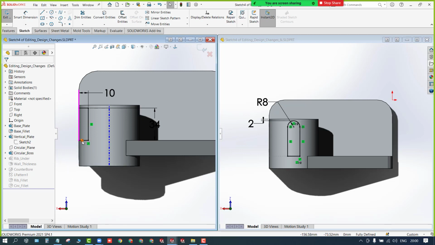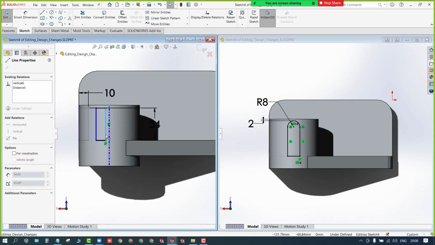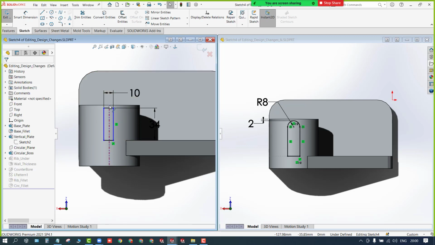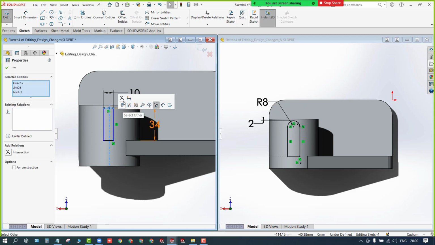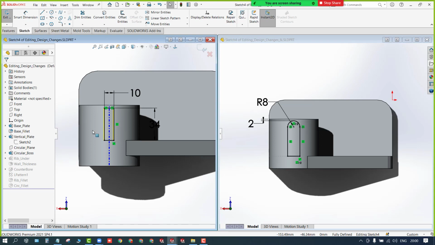See here, it is collinear. If I delete this one, I can move this one, right? Remember all these. And then I should align it exactly at the center. You can refer the center point of this. Otherwise, you can simply refer the midpoint of this one and this one. You can make it coincident. Otherwise, you can define the dimension or whatever you want. You can do it.